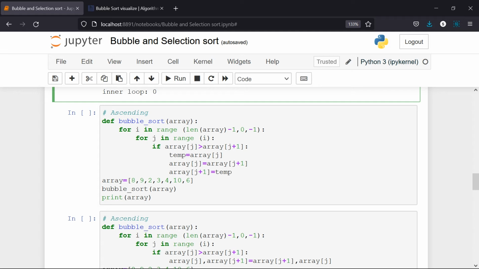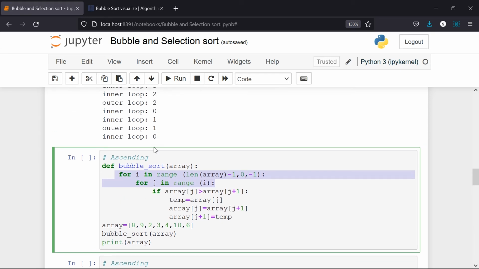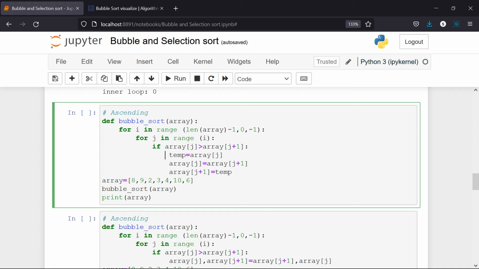That's the main concern. If the first one is smaller and the next one is bigger, you don't need to swap. If the first one is bigger and the next element is smaller, you have to swap it. That's the thing, right? So for the 2 for loops I have done it. There is no need of printing the outer loop and inner loop. That's just for our understanding, so I can neglect it.